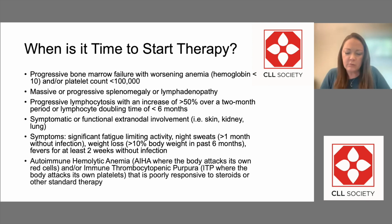We draw your blood and we do a complete blood count when you come into the office, and we can see that your hemoglobin is lower and your platelet count is lower. When your red blood cell count is lower or your hemoglobin is lower, you're considered to be anemic. And symptoms of this can be fatigue, headaches, palpitations. You just might feel that overwhelming lack of energy. And if your platelet count is low, we know platelets are responsible for clotting. You might note that you bruise easier, you bleed, your cuts don't heal as quickly. Okay, so that's why these become concerning, is if these numbers start to drop, it can leave you in an